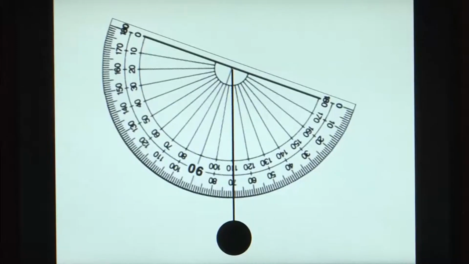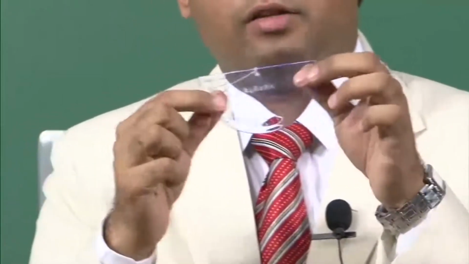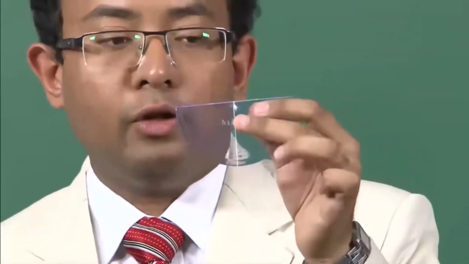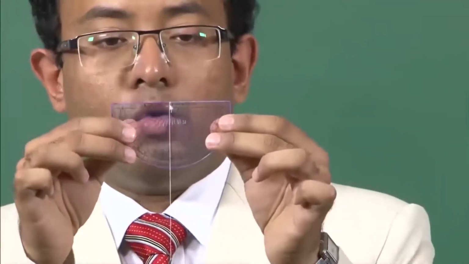So this is a protractor, it is a very small instrument, it is a very thin instrument, so you can keep it in your pocket. You can always drill a hole and keep a thread connected to it, and at the end of the thread you can connect maybe a pebble or a small twig or any weight that you can easily get hold of in your forest. So now if I hold it,